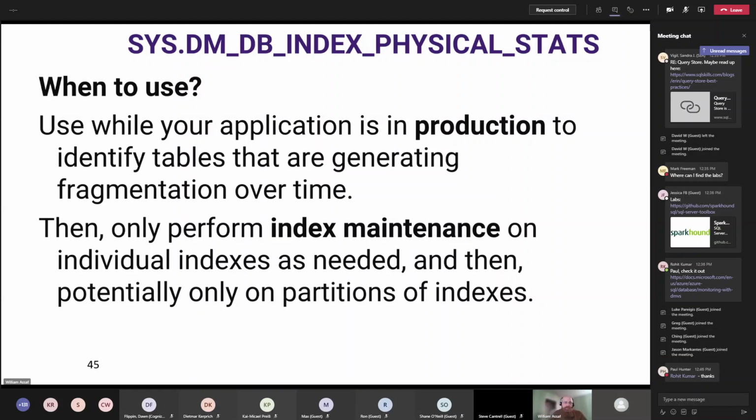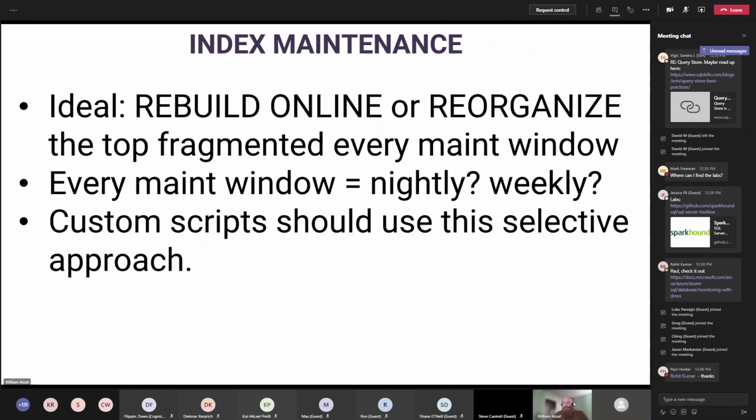So when do you want to use this DMV? You use this while your application's in production to identify tables that are generating fragmentation over time, and then only perform index maintenance on the individual indexes as needed. And if you have partitioned tables, because you've implemented horizontal partitioning in your SQL Server, you can actually perform the index maintenance on partitions of indexes only, and that can save a lot of time on very large tables, right? So ideally, you do your index maintenance by using a rebuild online or reorganize on the top fragmented indexes